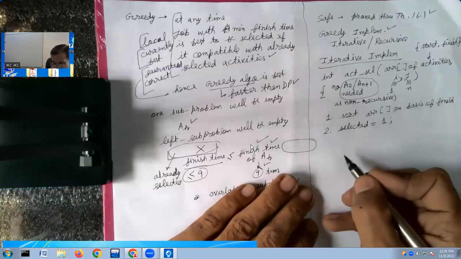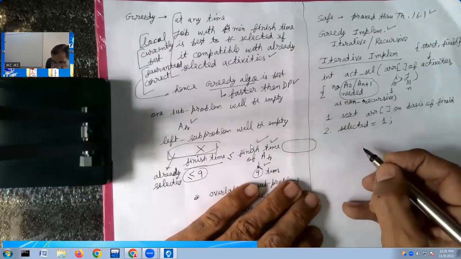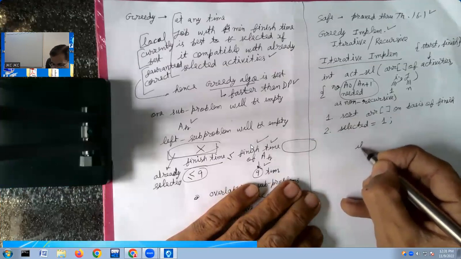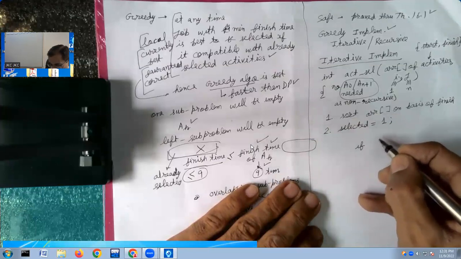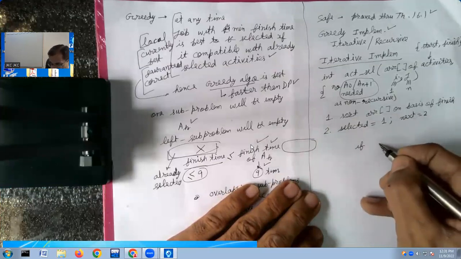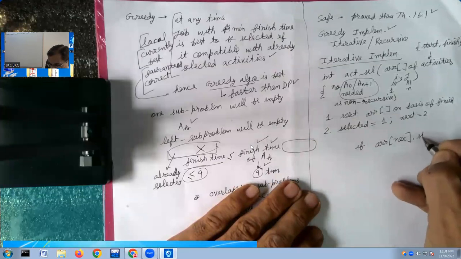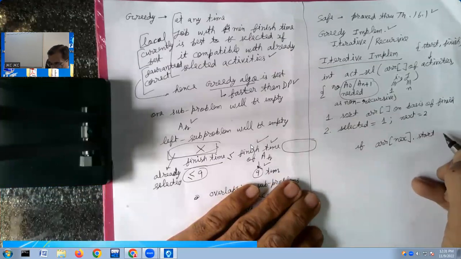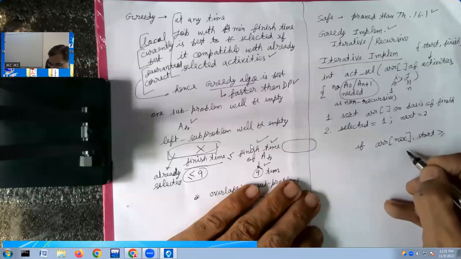And then I have to check, can I select activity 2? Can I select it or not? What will be the condition? I'll have to check the corresponding new job, the next job, in some next variable. So the next variable is, let's say, 2. I'll say if array next dot start time starts after the finish time of the selected job,